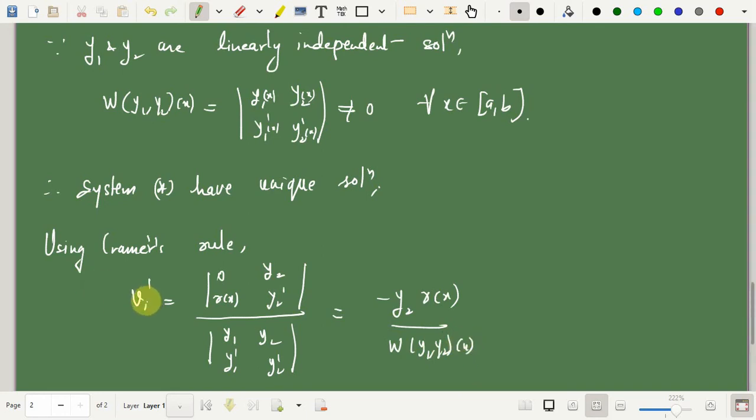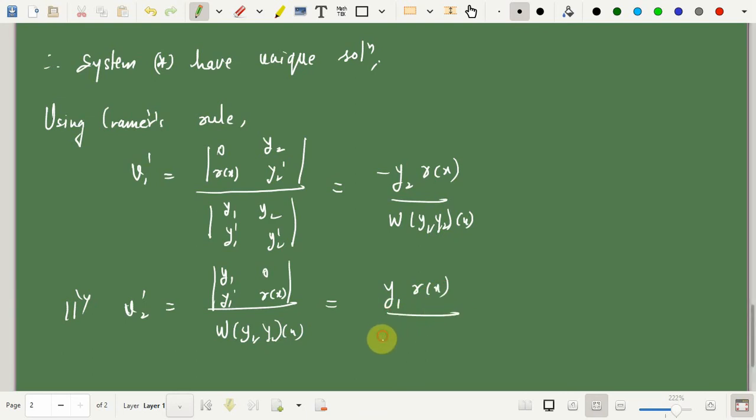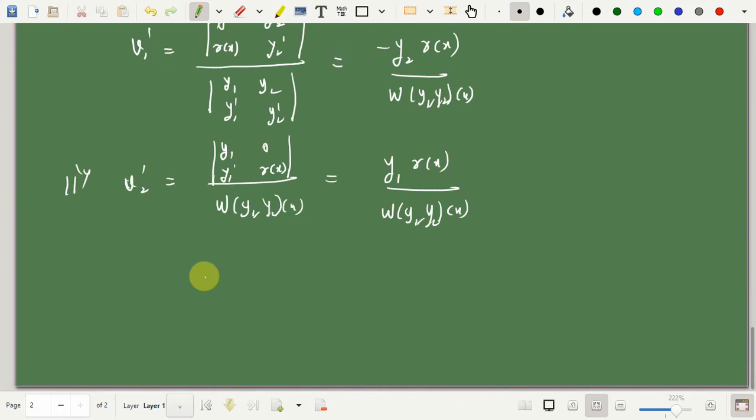So once you know v1 prime, you can very easily obtain v1 by integrating it. Again, from the same method you can obtain v2 prime. The denominator will be the Wronskian, as you can observe from the first one, common only thing. So the first column will remain as it is in this case, and the row will change to 0 of r of x. That is nothing but y1 into r of x upon Wronskian of y1 comma y2 of x, and therefore